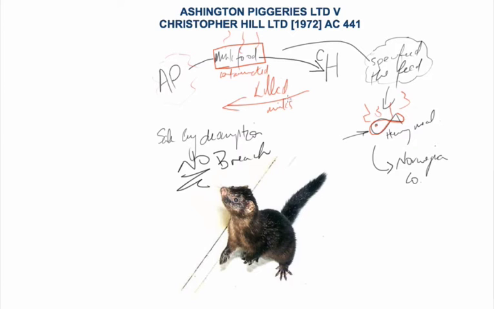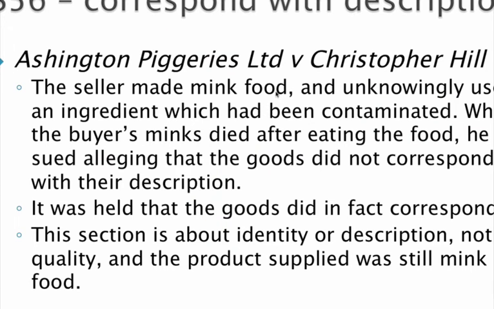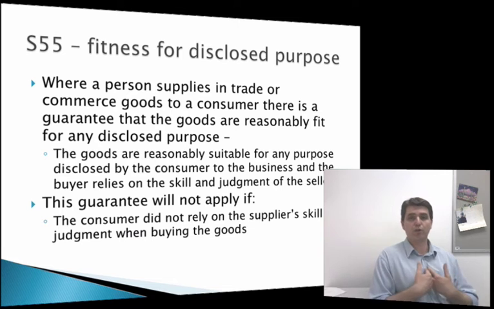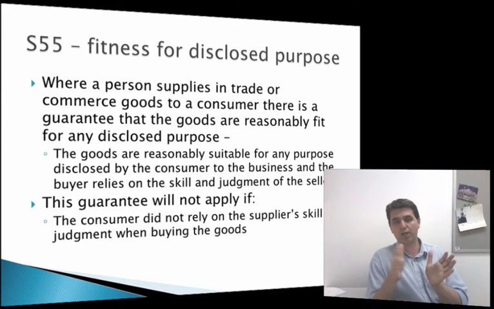That means the description's wrong, versus something being described as mink food, which it actually was, but it had poor quality. So this section, section 56, is specifically about description, not quality. Section 55 deals with the case where the buyer is talking to the seller